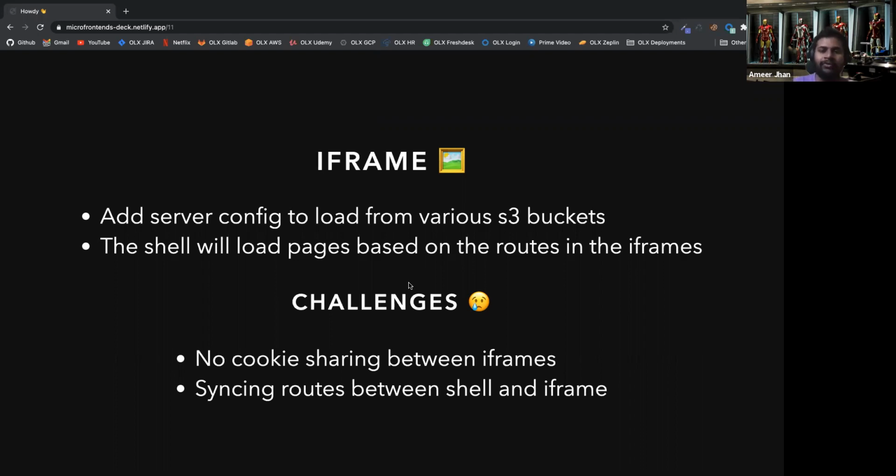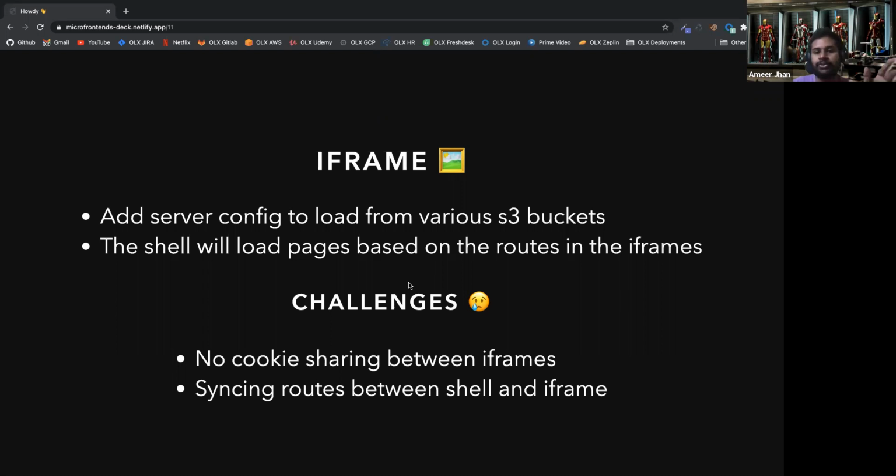Now if you see, we are visually eliminating the full page reload, because all the page reloads are happening inside an iframe. We are also sharing the common components. Outside the iframe, you would have the navbar component and the footer component, and in the middle sits the iframe, and the iframe is controlled by the shell. Based on the route that the user landed on, the iframe loads the respective micro frontend from the server.